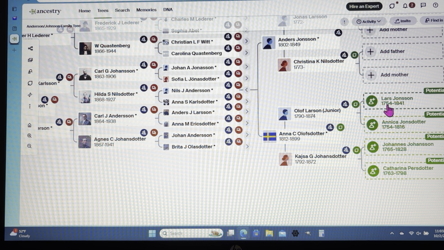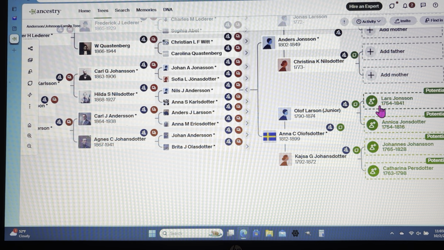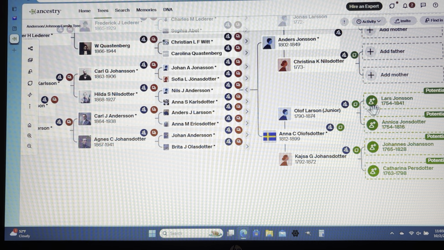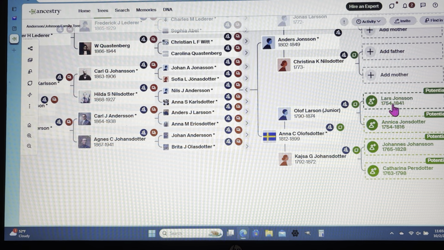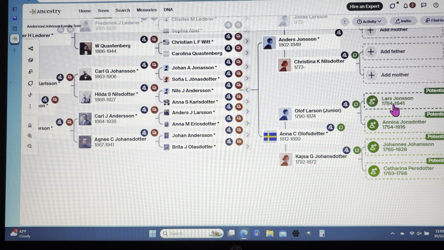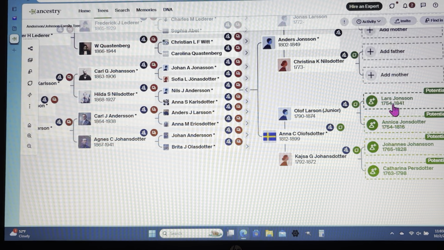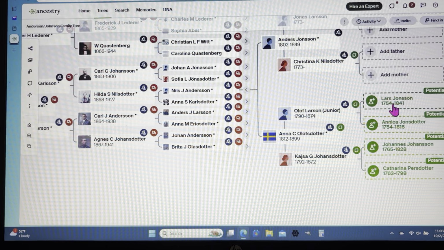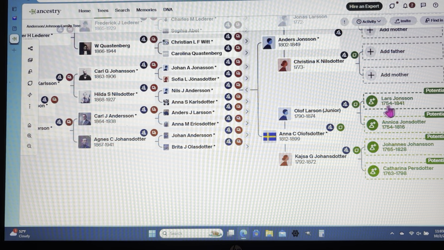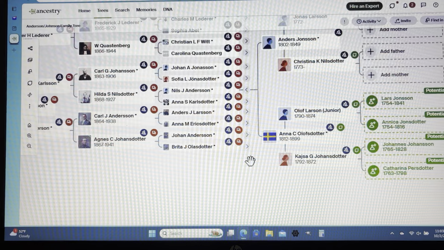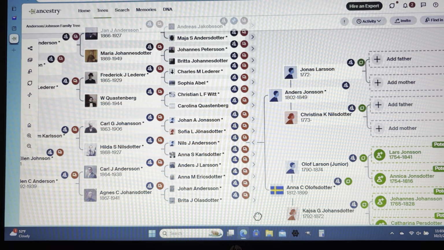When you see something like this, what Ancestry is saying is, we think we found this person's father, and you can click on this and go to the page that has information about him, and you can decide whether or not it looks like this is the right person, because one of the things you'll find, especially with the Swedish ancestors, of which I am predominantly, there's a lot of Swedish.